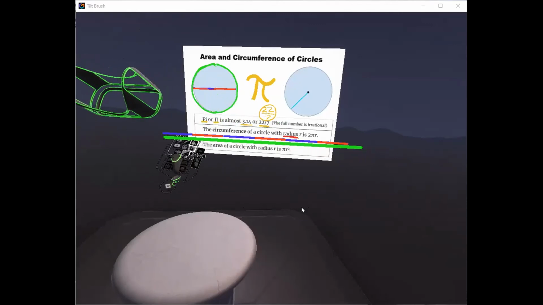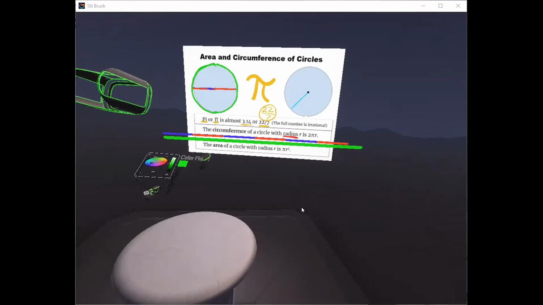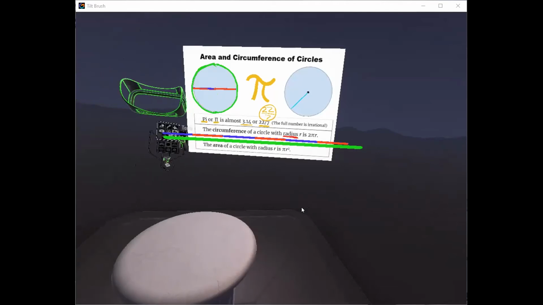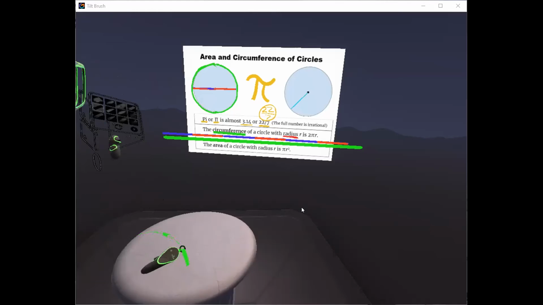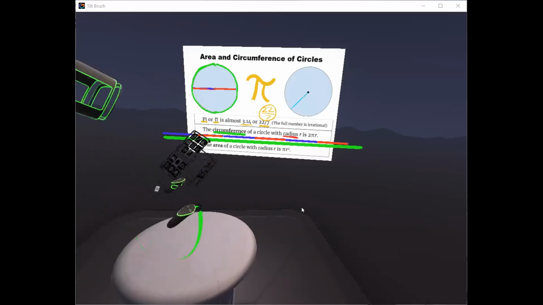That keyword there, I keep saying circumference. The circumference of the circle is the measurement of the circle, the measurement of the distance on the outside of the circle. And what we notice is that for any circle at all,